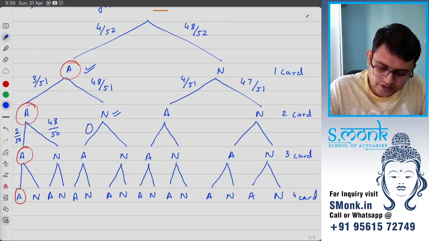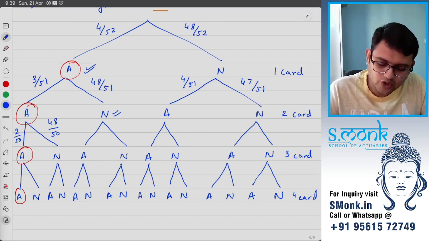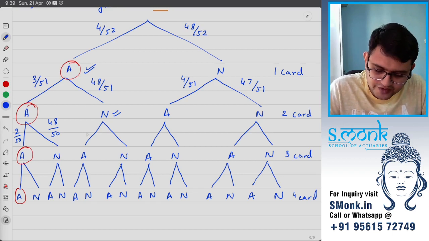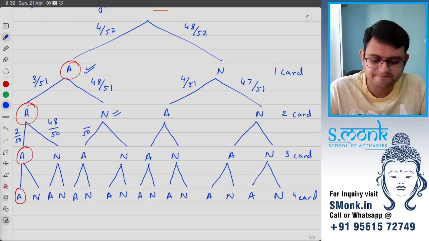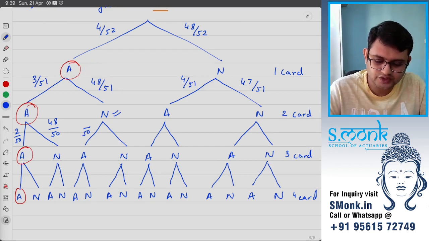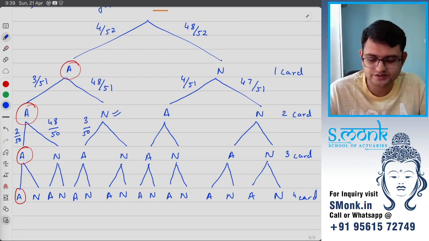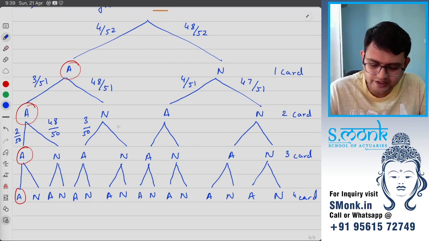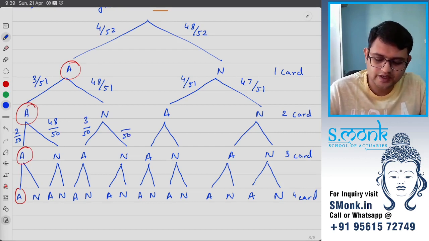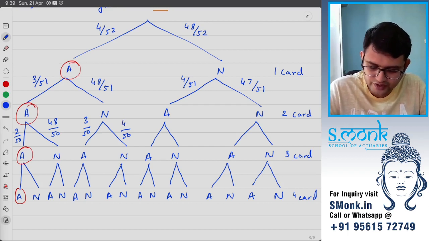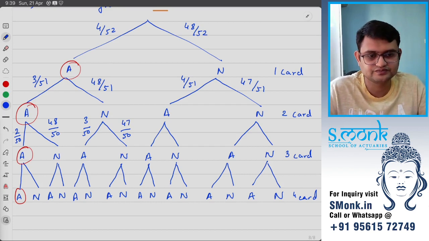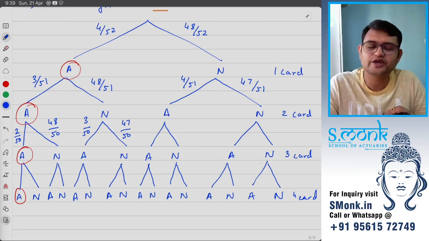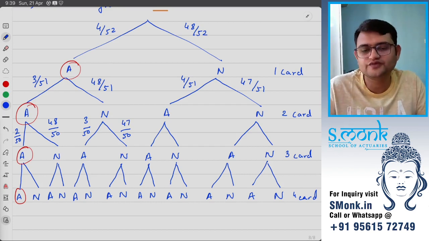So here, when I am talking about this deck, I have total 50 cards. So upon 50, out of which 1 ace is gone. So I'm left with only 3 aces. Similarly here, total cards are 50, and out of which 1 not ace is gone. So I'm left with 47 of them. This is how you can count and fill all of these